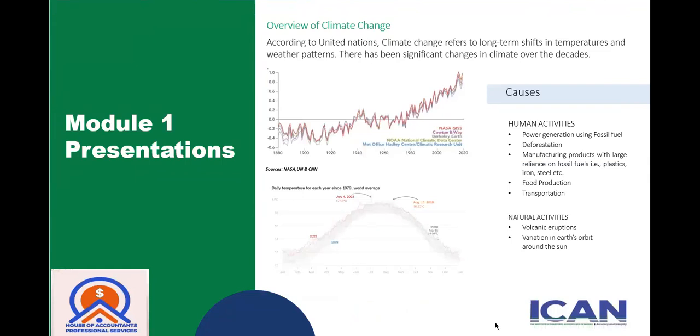Now, when we look at the overview of climate change, according to the United Nations, climate change refers to long-term shifts in temperatures and in weather patterns, with significant changes in climate over the decades, like I said. And what are the causes of this climate change we are talking about? We are talking about human activities,